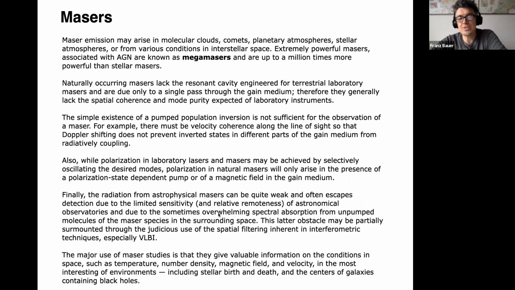Sometimes, for masers that are quite weak, they might not be detected, and you also have spectral absorption from the unpumping of molecules of the maser species in the surrounding space, which tends to suppress them. And so it can be difficult to actually detect them, even if they do exist in the internal parts of